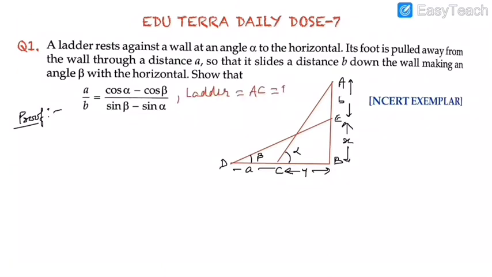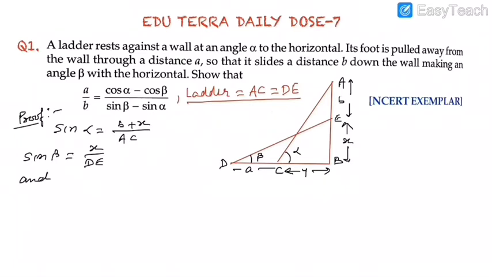See, the important point here is the length of the ladder. In both cases, AC equals DE, because it is the length of our ladder. Now sin alpha, I am solving in short, because I am also explaining. So sin alpha equals perpendicular upon hypotenuse. The perpendicular is b plus x upon AC. Similarly, in triangle EDB, sin beta equals x upon DE.